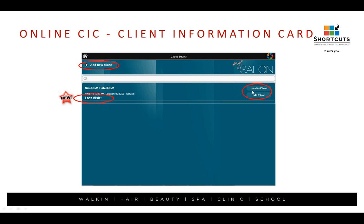So you guys, you'll notice that there's two options. You have hand to client or edit client. The hand to client is going to be my preference because what you can do is, like I said, you just hand it over to the client and they type in all of their information for you. So you don't have that opportunity to make a mistake when you're typing the information for the client, or, of course, the way that probably most of us are doing it now, having the client fill out a client card and then trying to decipher what they've said on that client card